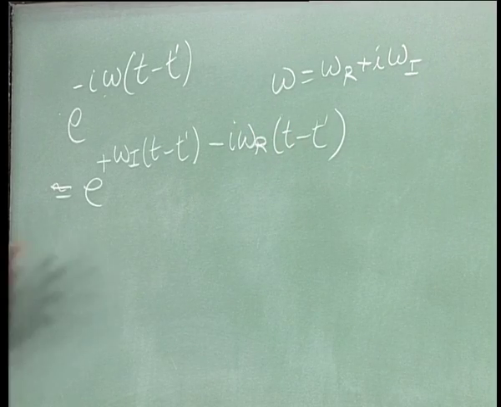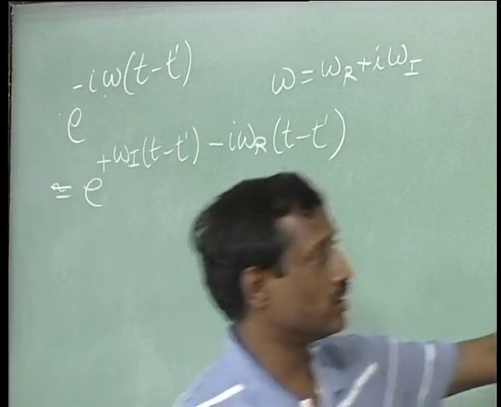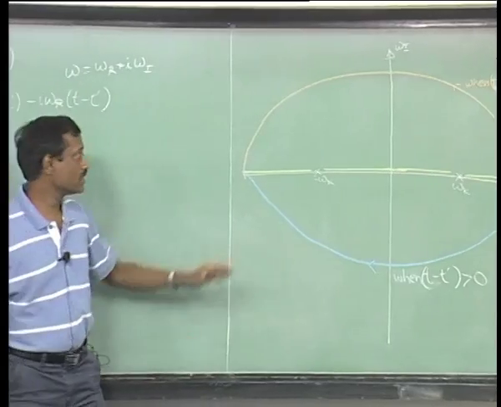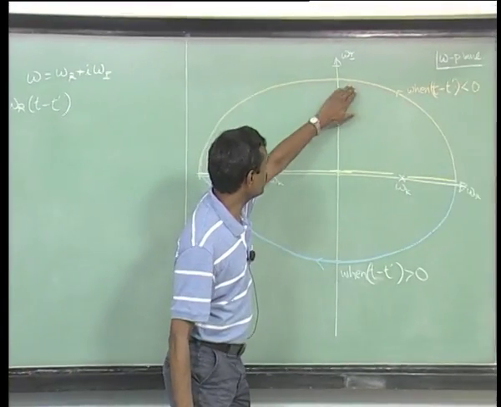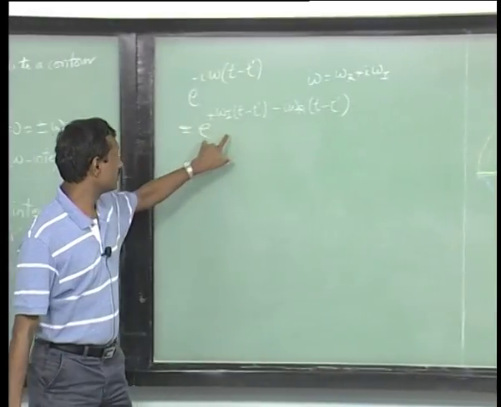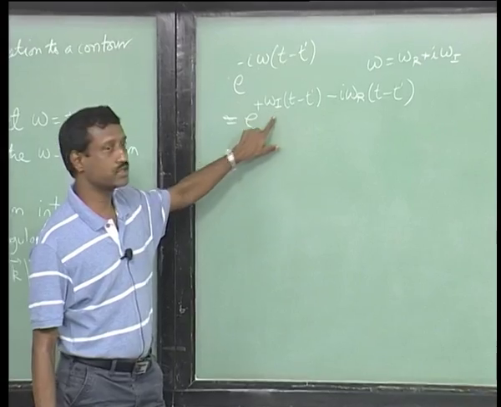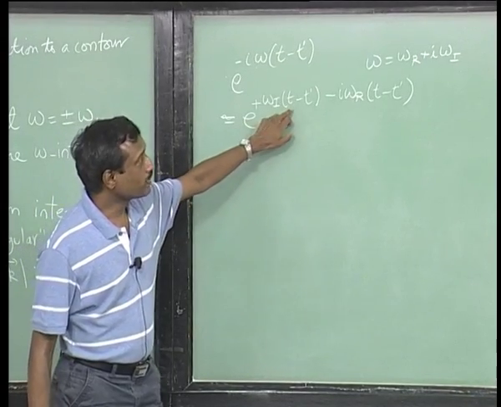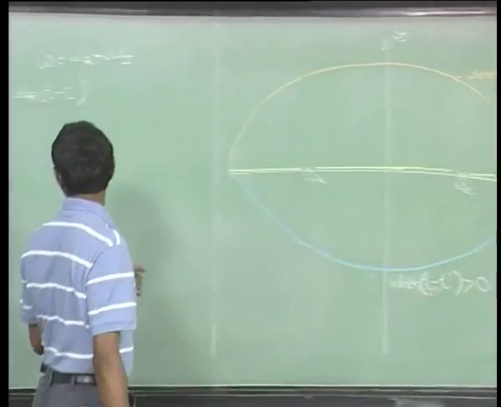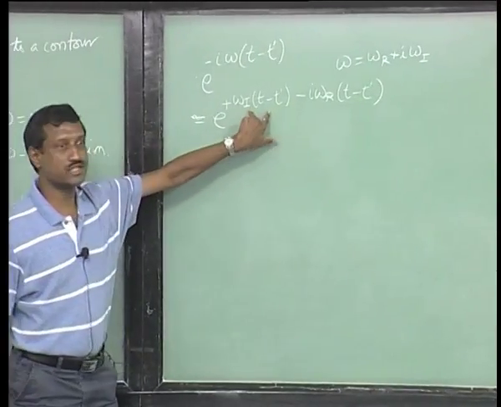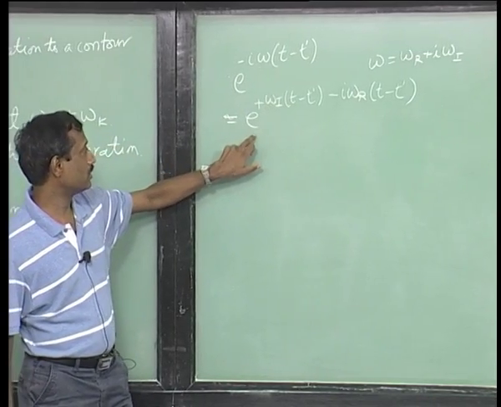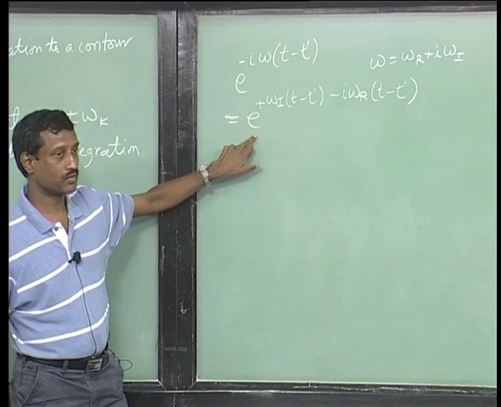Okay. So, the idea was that we should close the contour. This is a semicircle of infinite radius, and the point is that we want these contributions to go away, and we do that by looking for situations where this is exponentially suppressed. So, if you take t minus t prime less than 0, that means this is negative, then you can see that for large t minus t prime, or for large omega imaginary, this is vanishing, okay, in the upper